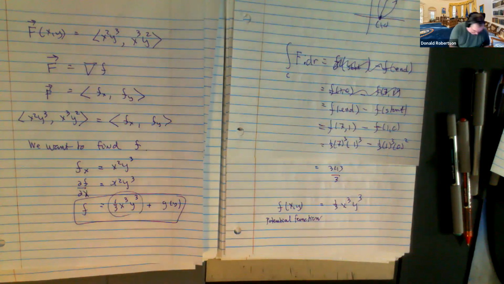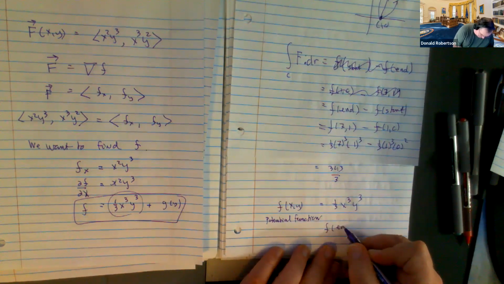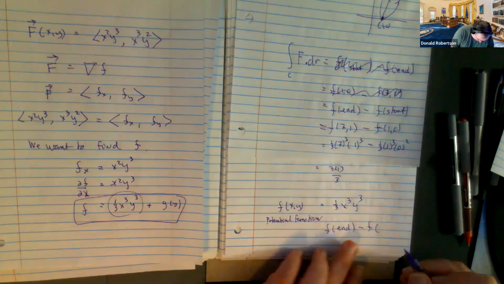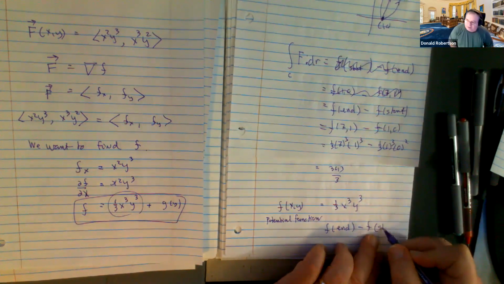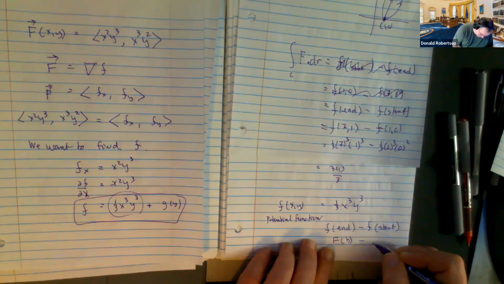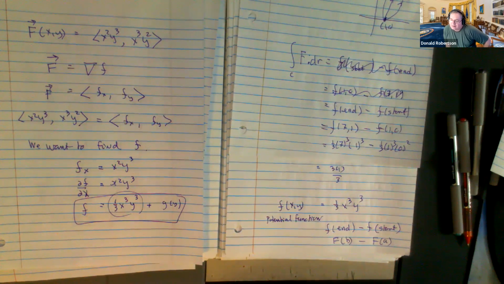Because don't I just evaluate the function at the end, take away the value of the potential function at the start? It's like capital F of B, take away capital F of A, right? It's like that guy. And as long as it's a conservative field,